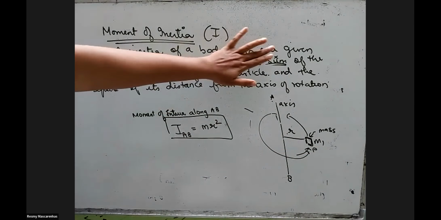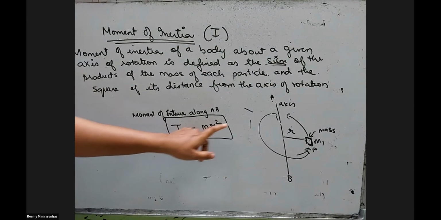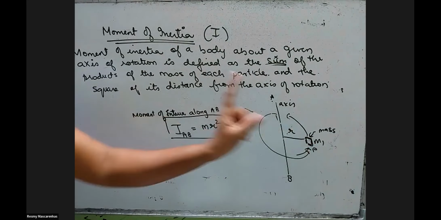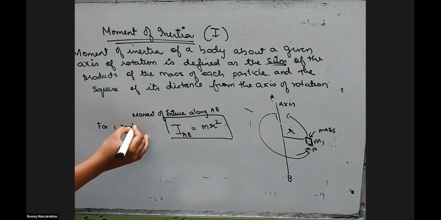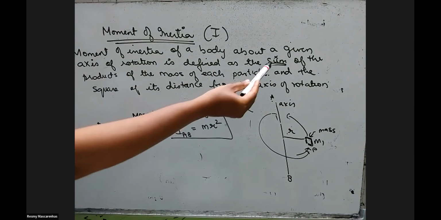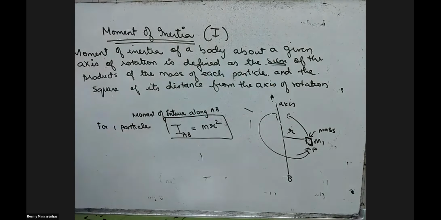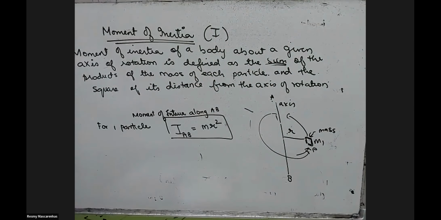Just ignore this word sum. The product of the mass of each particle, meaning one particle only I have taken now. This is for one particle. So if there are many particles, you'll have to add all those. That's why the word sum is there. The product of the